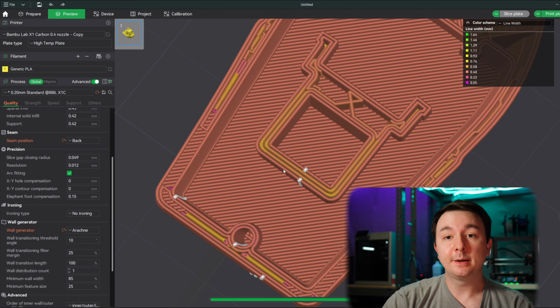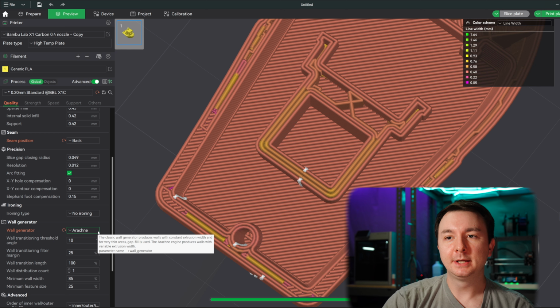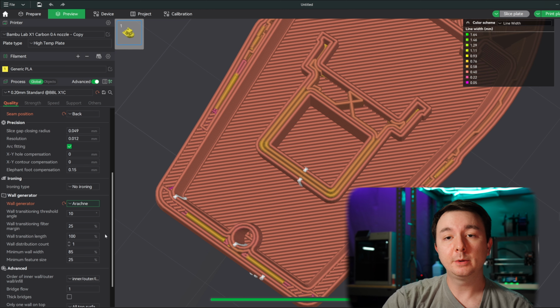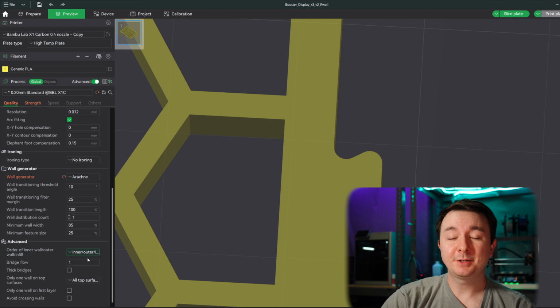There are definitely times where Arachne actually kind of hurts your print, but I recommend Arachne for most prints. But if you find that there's some kind of extrusion width that's not quite right, switching back to Classic might help. One thing to note is that when you switch to Arachne, there are settings here to change. I personally don't really change any of them, but you can mess around with these to see if there's anything that can help this Arachne perimeter generator. Here under Advanced, I actually do change a few of